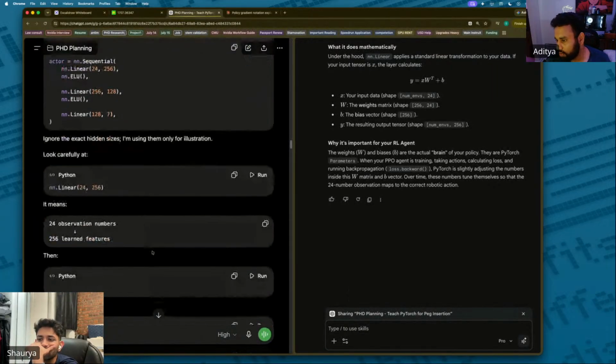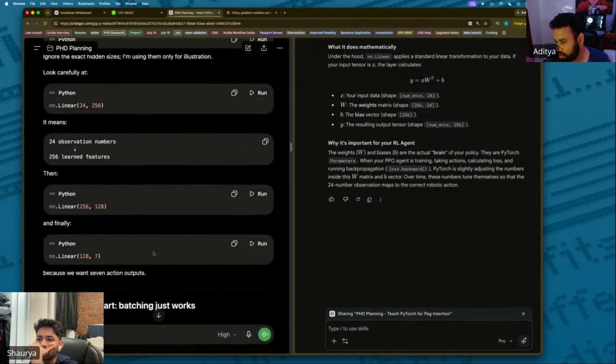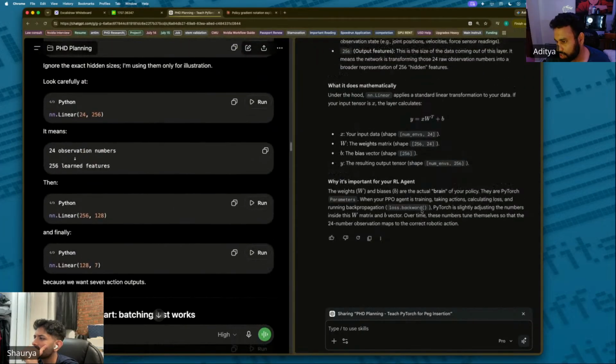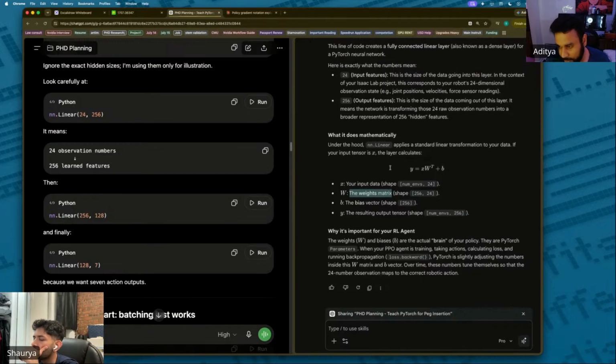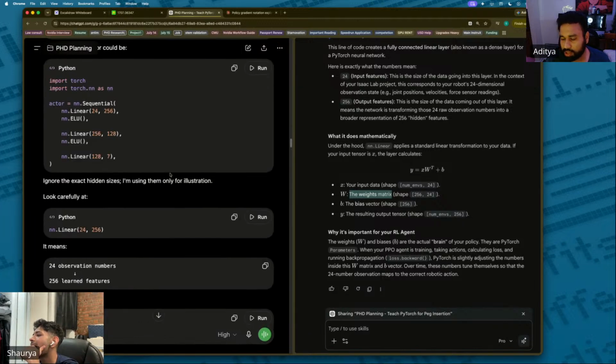So if you take a look at the formula right over there on your right, y equals, yeah, x. So x is gonna be your input, right? And then you have a weight, so that's gonna be a random number. You can define a weight, but for now it's gonna be a random number. And then the bias. So when you put the input in, it's gonna compute a value for you, and that value is gonna be the learned feature, right? So it's doing that for all the 24